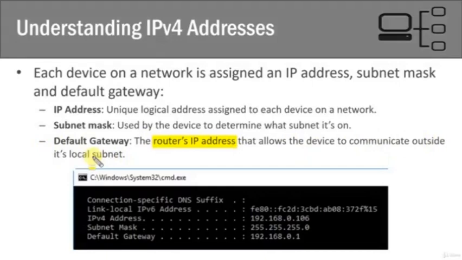So if we determine that the devices on our network need to communicate out to another network or on the internet, we need to provide it a default gateway. Now, this is optional